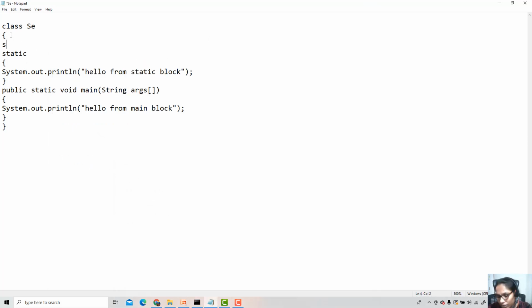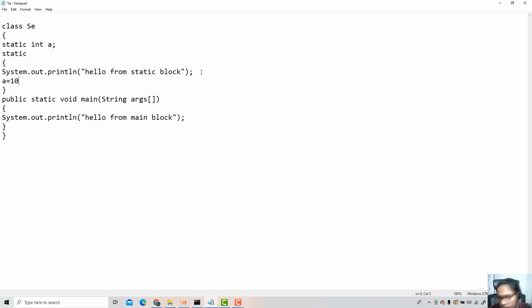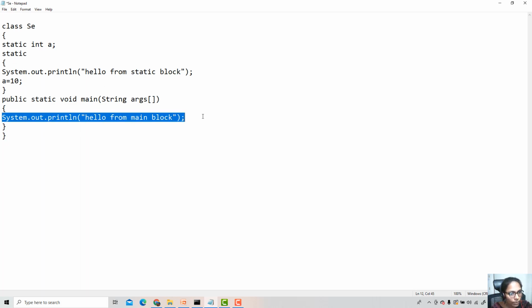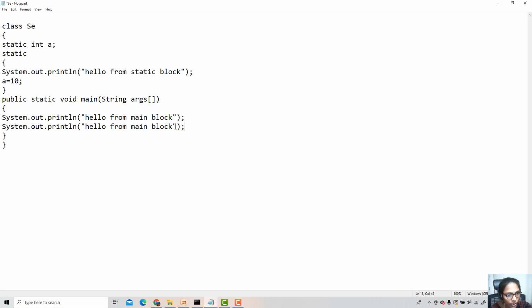And next other usage of static is to assign static data. So here what I am doing is A equal to 10. Already I have declared a static data item A, that I am assigning 10 within the static block. Now within this main function I will try to print that. So what is that?